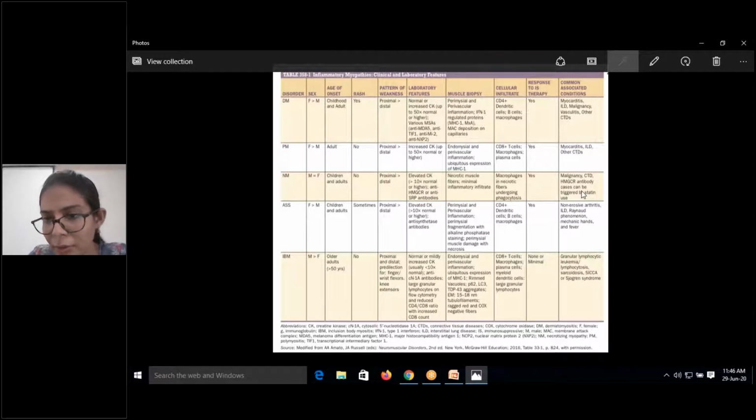So that is how you proceed when the creatine kinase is less than 10 times normal. If it is more than 10 times normal, then you can consider it to be necrotizing myopathy, like HMG-CoA reductase antibodies can be positive in these cases. So you have to go for, after creatine kinase, HMG-CoA reductase antibodies can be checked. Okay. Then coming to the antisynthetase syndrome, here you have an associated feature as non-erosive arthritis.